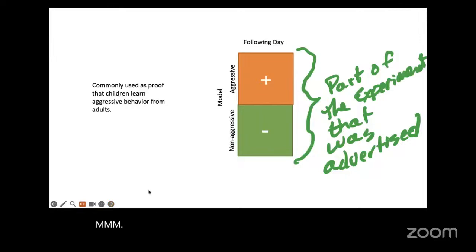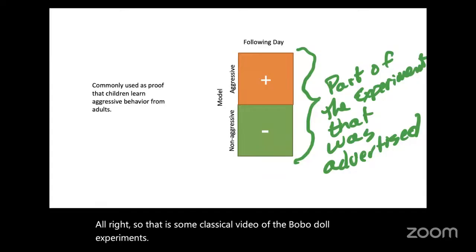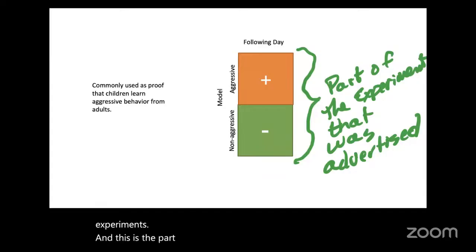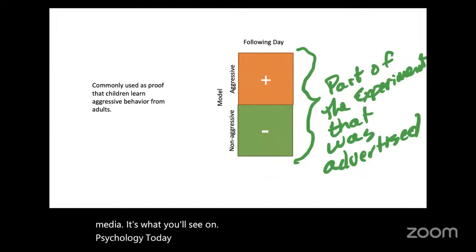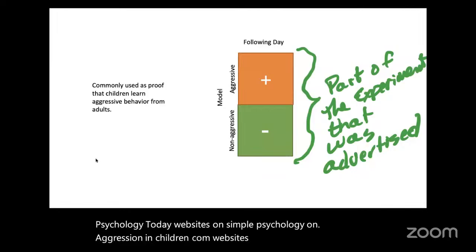All right, so that is some classic video of the Bobo doll experiments. And this is the part that usually gets advertised. This is on popular media. It's what you'll see on Psychology Today websites, on Simple Psychology, on aggressioninchildren.com websites, is this portion of the